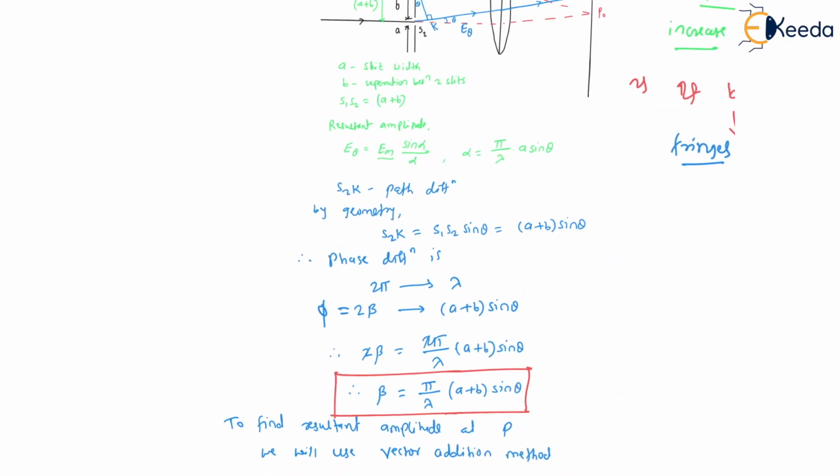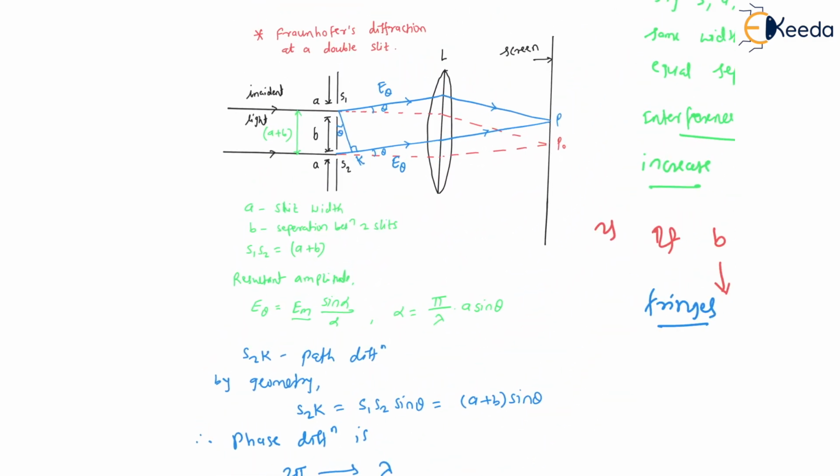We have done simple mathematics, the basic law of parallelogram for vector addition, and then we have found the resultant intensity at this particular point P. Again, I remind you that the intensity or disturbance produced at this point P is due to the interference of these two waves, which are the output of diffraction at a single slit. So here there is a diffraction, there is an interference, and we have the resultant intensity distribution at point P. And then one can easily find out whether P is a maxima or minima.